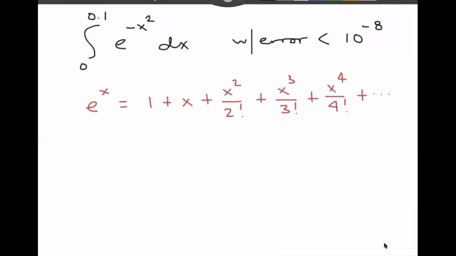Okay, so now if I replace x with negative x squared, like we were doing earlier, I will have a series for e to the negative x squared. All right, and that series will look like